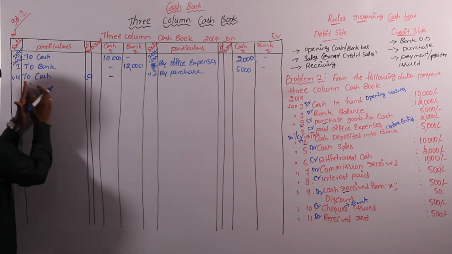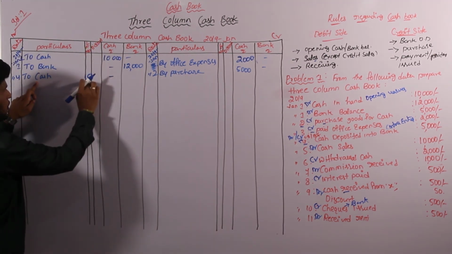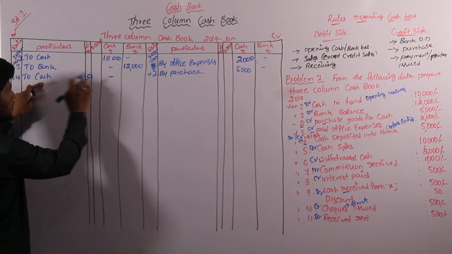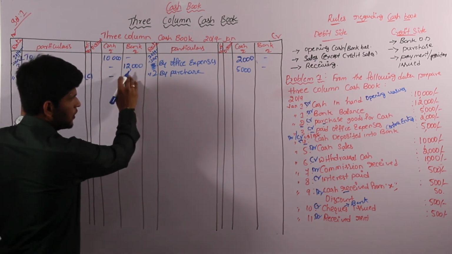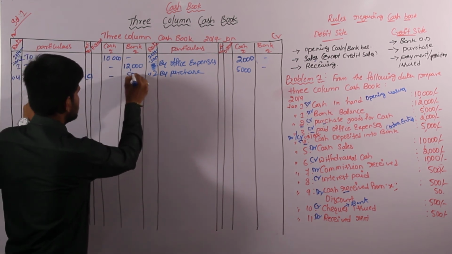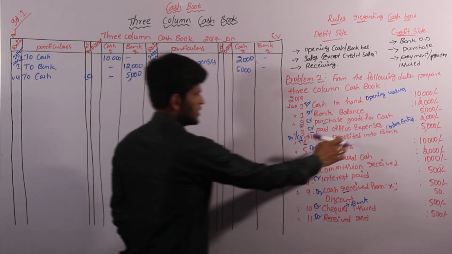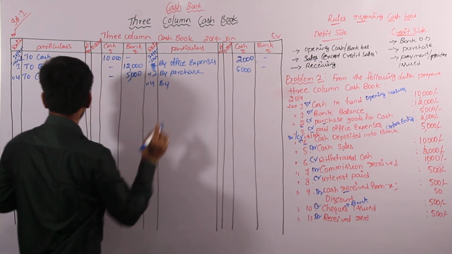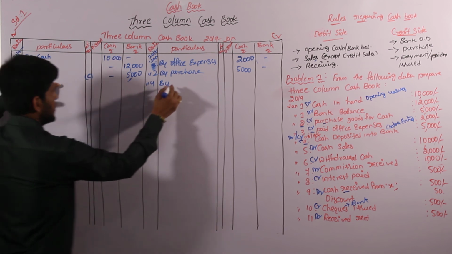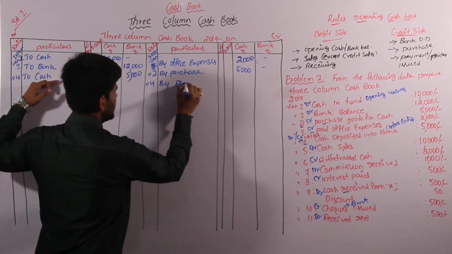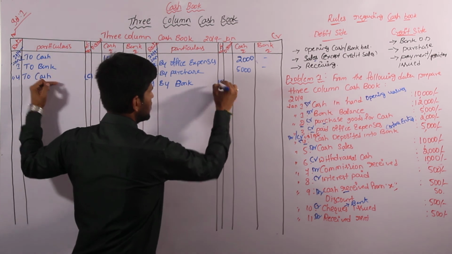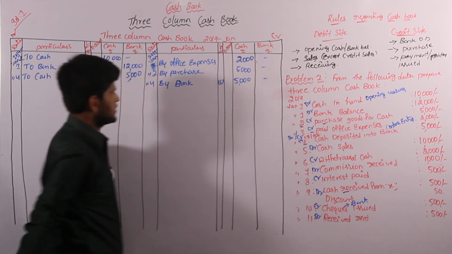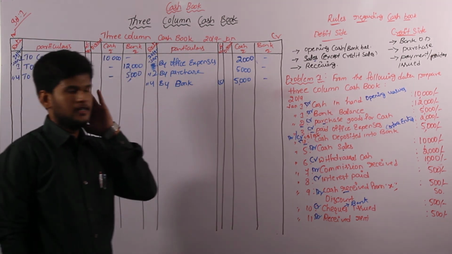So on our debit side we write cash. In the ledger folio column we write C. C is nothing but contra. Here we mention cash, but no need to write it in the cash column. We write it in the bank column, that is 5000. Right? Cash deposit to bank 5000. Then on the same date, 4th, we write by. Here we write bank, give in the ledger folio column contra entry, and write in the cash column. This is the procedure for how to enter the contra entry.